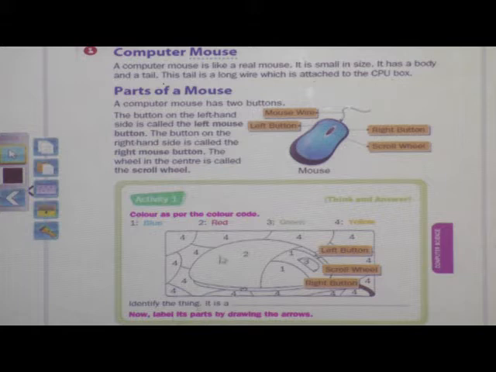And you have to identify the thing and write what it is here. So what have you written there? Those who have colored can identify what it is. Yes, it is a mouse. Very good students. They have also told you to draw an arrow for the labels. The labels have already been written, you just have to draw the arrow to that part of the mouse. We did this in the last episode.